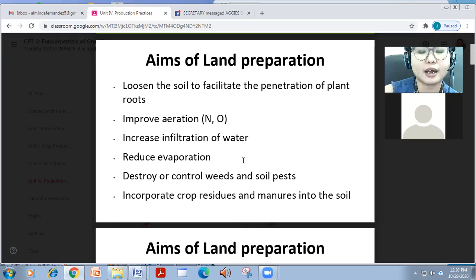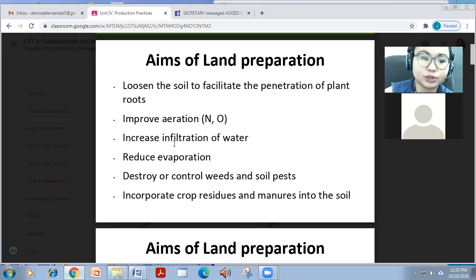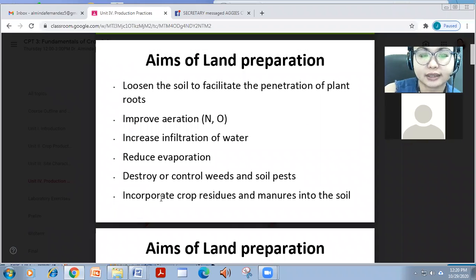So with a well-tilled land, evaporation is reduced because of the continuous flow of water. And it also destroys or controls weeds and soil pests at the same time. So the pests that are in the soil can easily be destroyed if you till the soil, and also destroy the weeds that compete with the crops' growth for nutrients, and incorporate crop residues and manures into